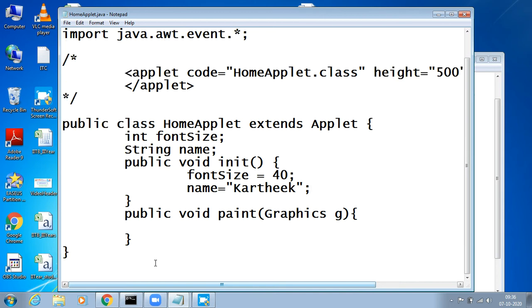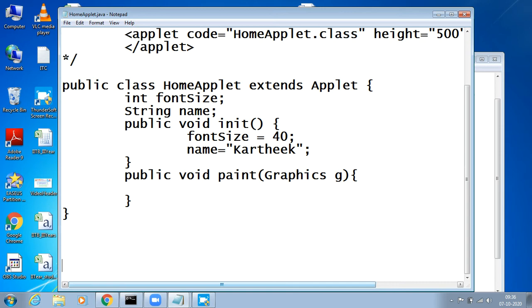And the paint method's main motivation is to see something on the applet. You want to see something on the applet, so you just want to apply this font, print this name on the applet. Example, I want to print this name on the applet. To print it, simply, see, G is an object used to do different operations. To print this name on the applet, simply say G dot drawString.